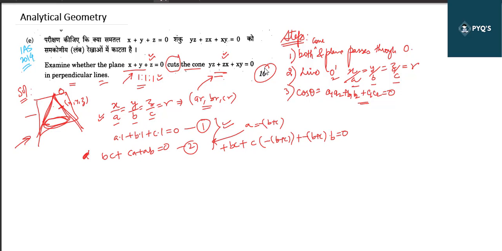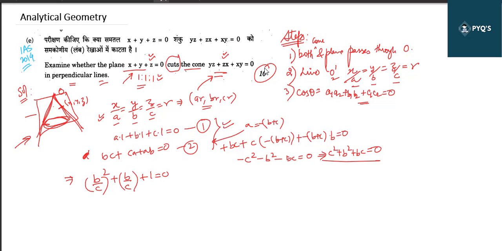Then we'll expand it. bc will be cancelled out, then it is minus c square and then minus b square and then minus bc equals to 0. So this will be equals to c square plus b square plus bc equals to 0. This can be written as, if you divide by c square in the whole equation, (b by c) whole square plus b by c